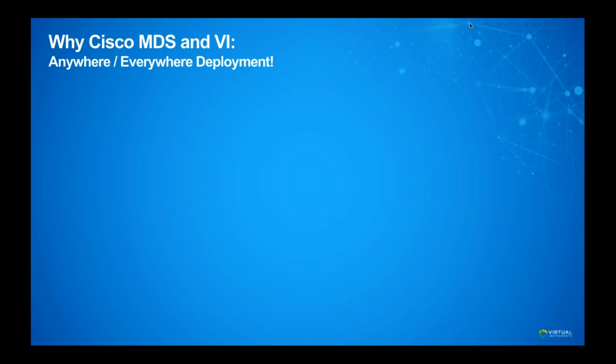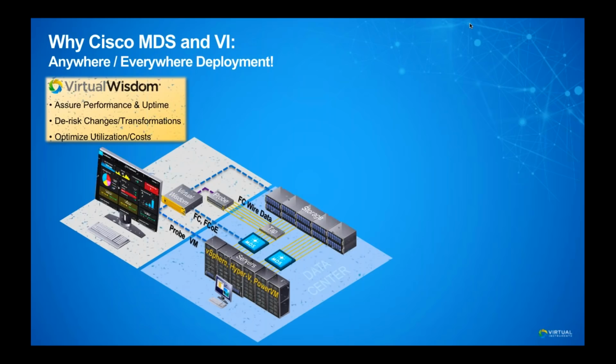So what's different now that VI and Cisco have partnered? Well, historically, if you're familiar with the Virtual Wisdom solution, to get to that wire data, to enable that fly-by-wire performance and agility, you had to leverage what was called a TAP, or traffic access point, and a hardware-based probe that would do the initial data extraction and calculation.